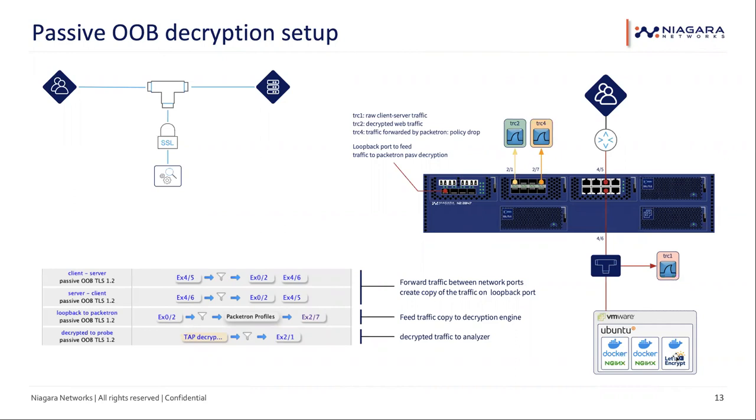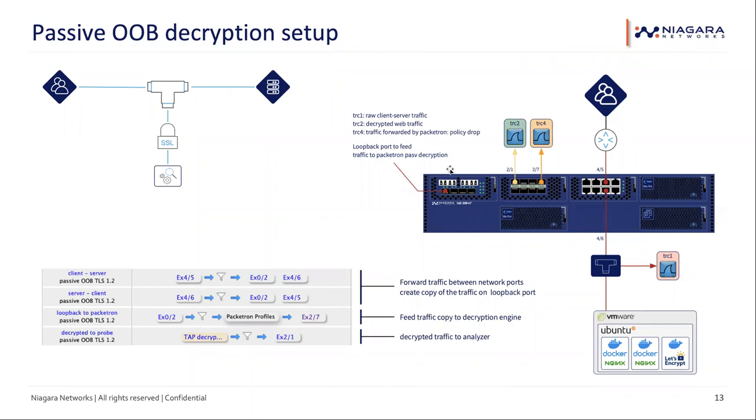So I know that these web servers do use a certificate. A copy of that certificate is installed on the Packetron, and I use a tap to copy that traffic and show it in Wireshark. During this decryption, a copy of the traffic is sent from the Packetron to another Wireshark port to show the decrypted traffic.